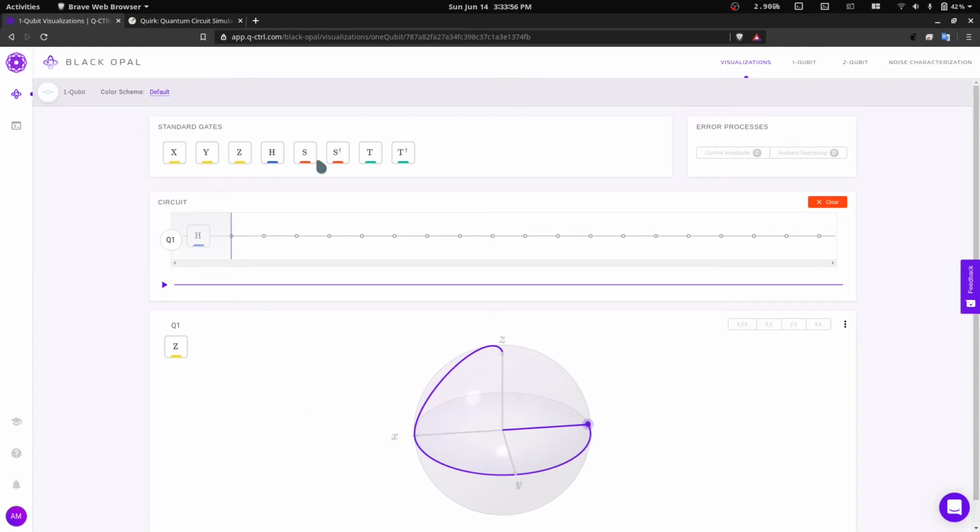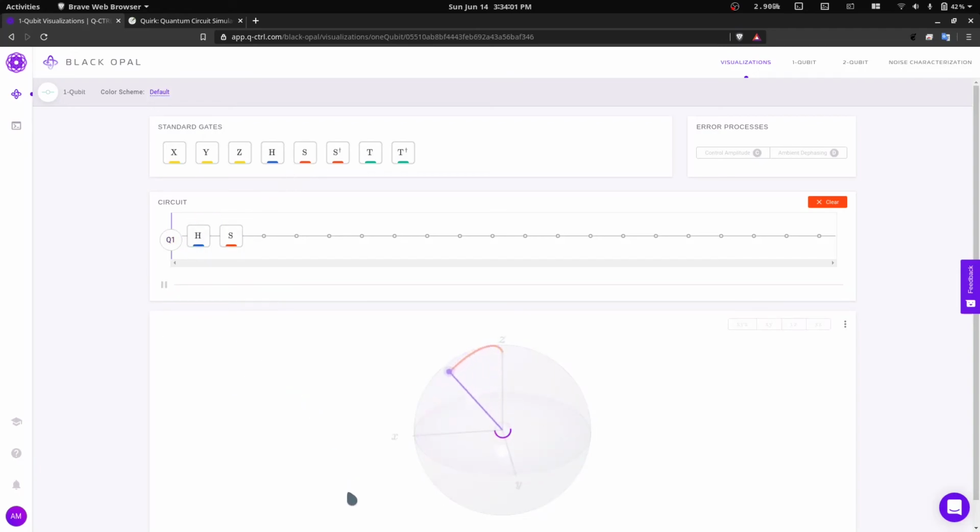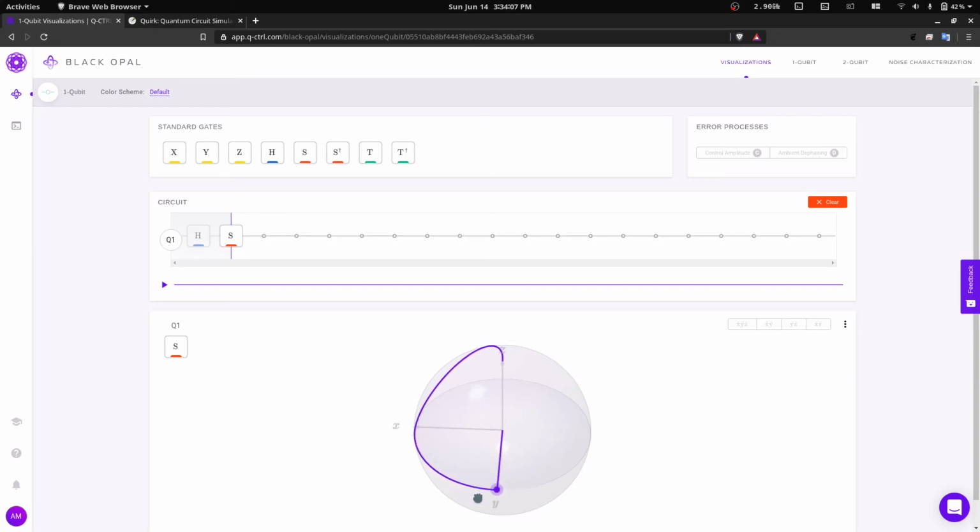So okay, now let me tell you about the S gate. The S gate is nothing but half the rotation of the previous Z gate. So it should go and stop here on Y. Yeah, because it rotated or shifted by an angle of 90 degrees. Now the same goes for the T gate. It will rotate it by an angle of 45 degrees. So it should be somewhere like here. And yeah, it just went here. You will see this interesting figure.